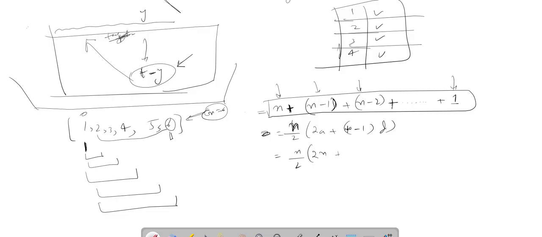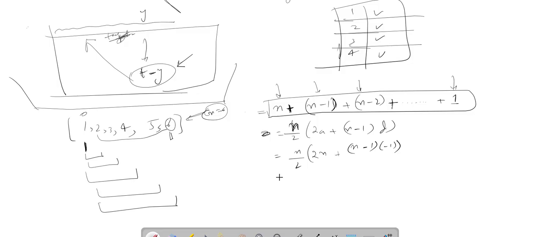And then, how many terms do we have? Can we say we have n terms? So we start with 1 and we go all the way to n. Yes, because we have n terms,